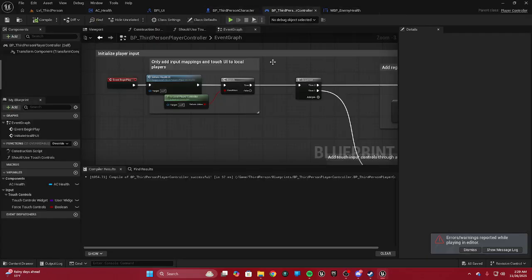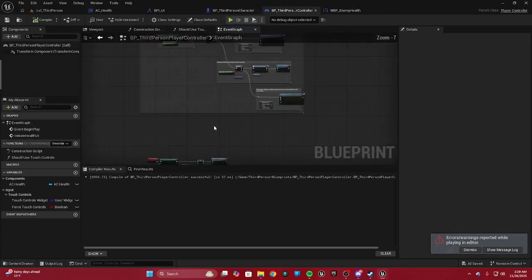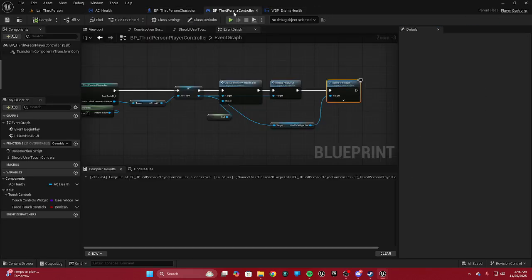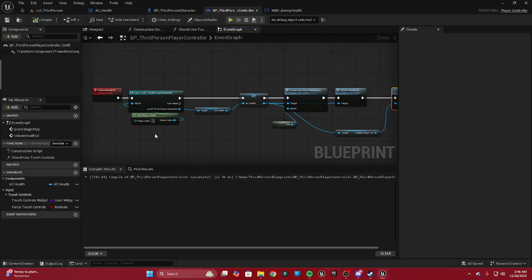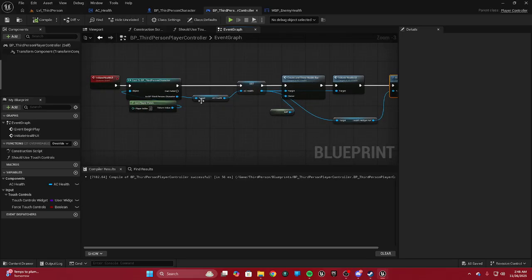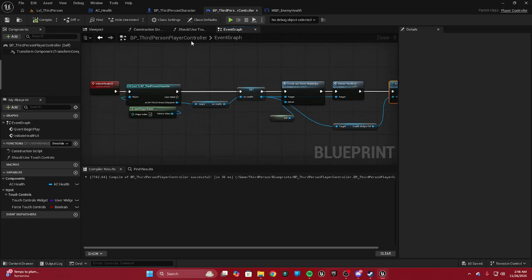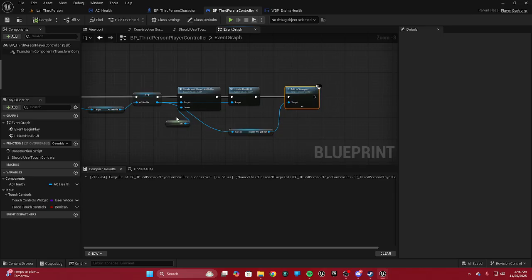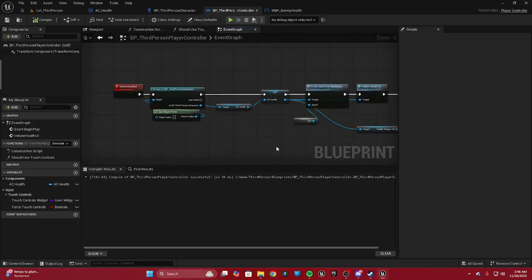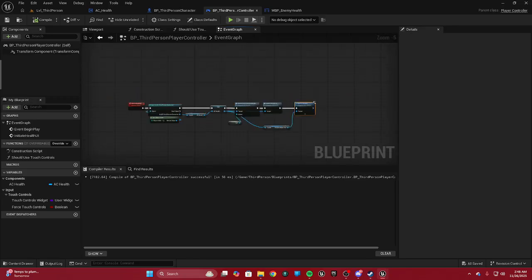So 1 second. Okay, so I finally got it to move. It looks like what was happening was that within Initiate Health UI, we weren't adding it to the viewport. So what happens is that once we initiate Health UI on the controller, once we've gotten the health component, we create and show the health bar. We initiate the health UI and then we add it to the viewport. And once it's been added to the viewport, from there, it should work whenever we press the button to increase and